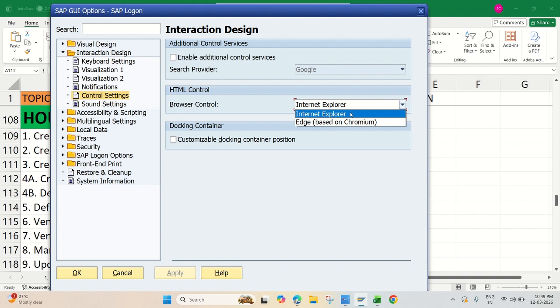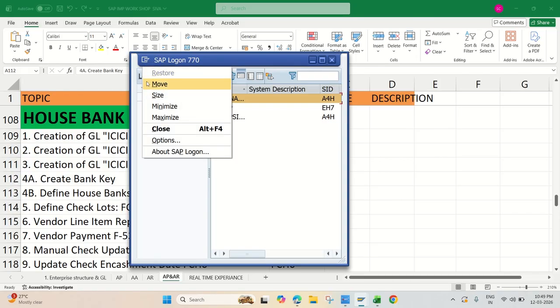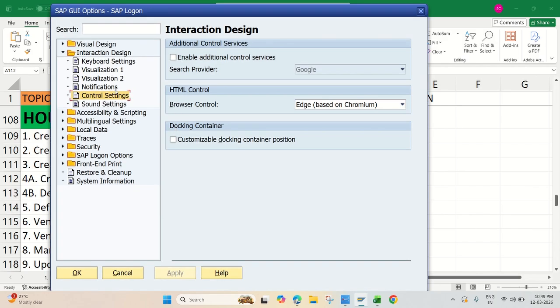So now we can change to another browser. I am setting the Edge browser. Apply. Now it is changed to the Edge browser. Options, interaction design, control settings, Edge. The browser, change it to